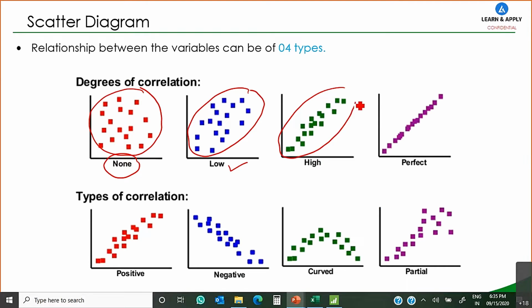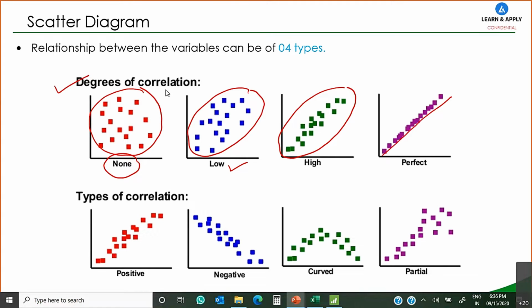And if the distance is going smaller and smaller between the scatter of the points, so the points are coming closer to each other, then the two variables for which we are looking for the relationship have a correlation. If the line is perfectly straight, then we will have a perfect correlation between the two factors, meaning a perfect increase in the level of one factor with an increase in the level of the other factor. These are the degrees of correlation. In simple words, as the points come closer to each other, there is a perfect correlation present between these variables.